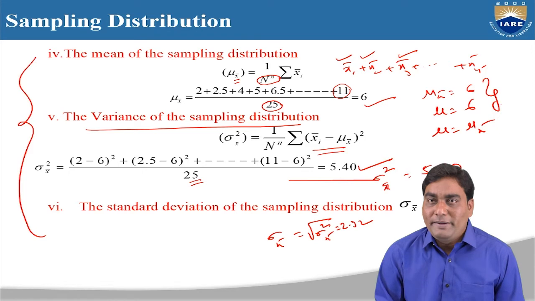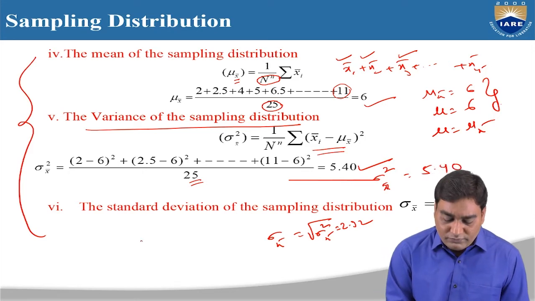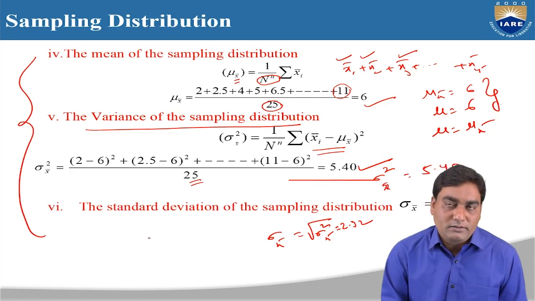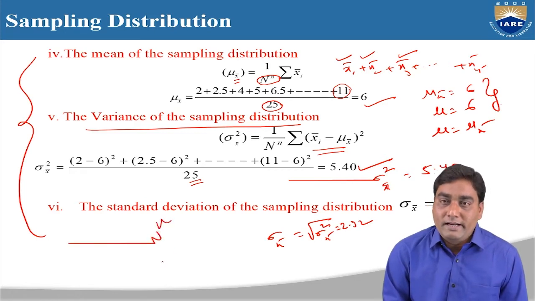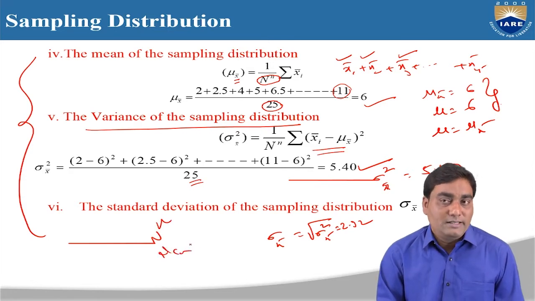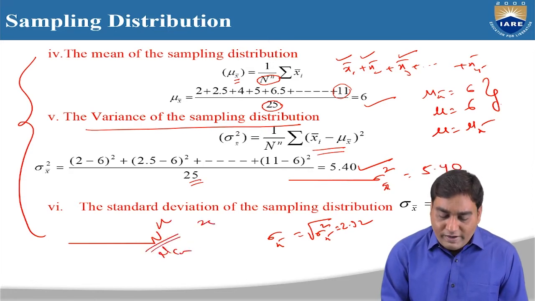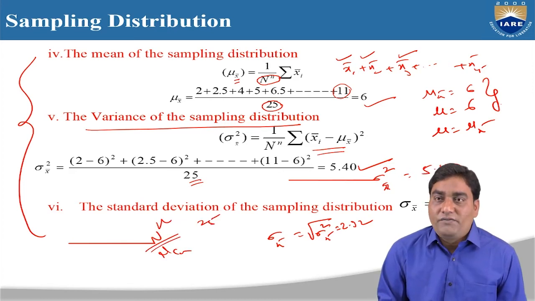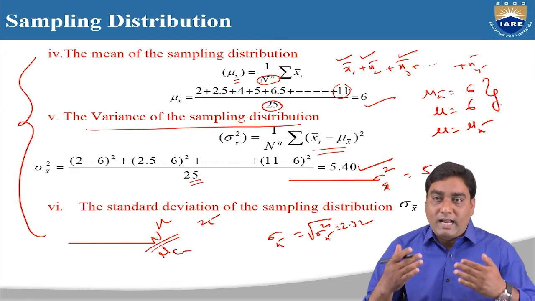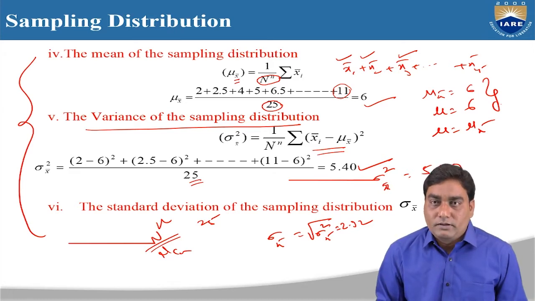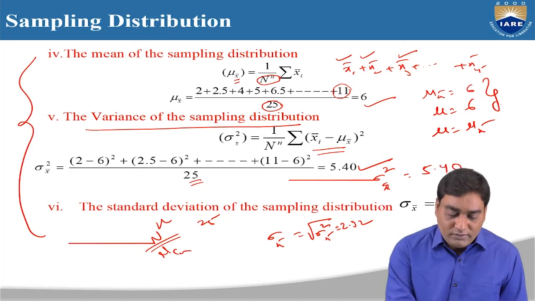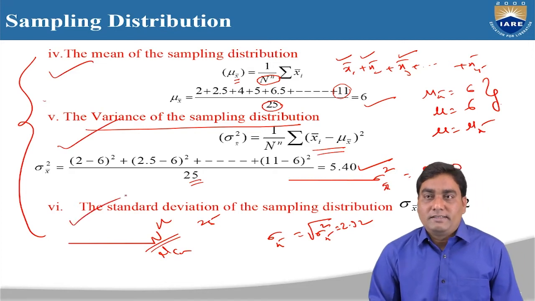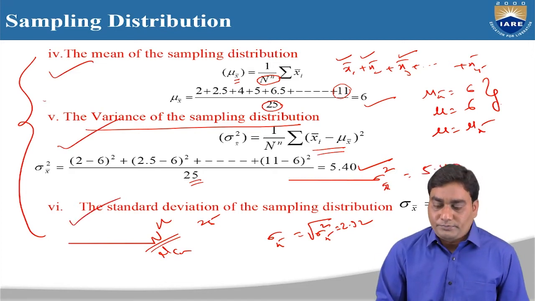After getting the mean of all the samples, the first point is that we have to identify whether the problem is with replacement or without replacement. With replacement means N power n, and without replacement means NCn. After identifying how many samples, we should write all the samples. After getting all the samples, we have to calculate the mean of all the samples. Based on the mean of all the samples, we can find these three: mean of the sampling distribution, variance of the sampling distribution, and standard deviation of the sampling distribution.